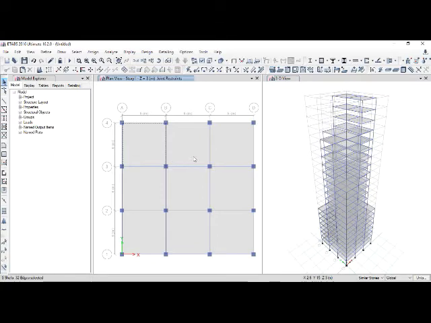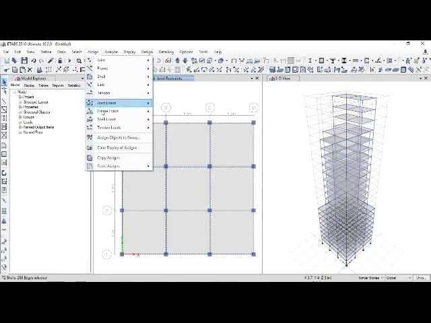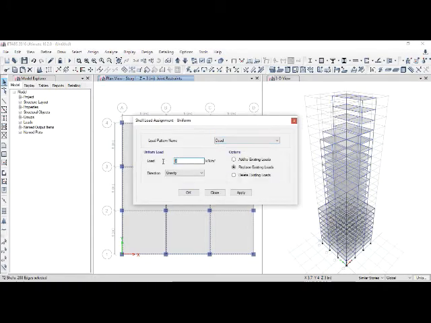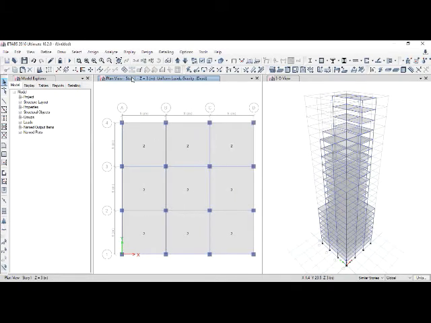Now we'll try to apply the loads. So for application of loads, you can select the slabs of similar stories so that the slabs within the set of similar stories will be selected. We'll go to assign shell loads, uniform, dead, and the load will be of 5 kilonewton per meter square. Sorry, dead load will be of 2 kilonewton per meter square for the first set of stories.